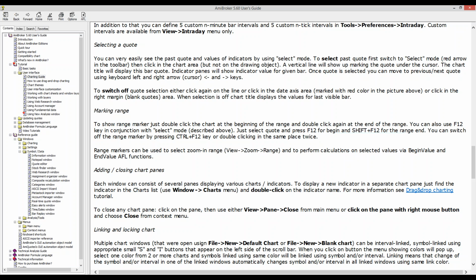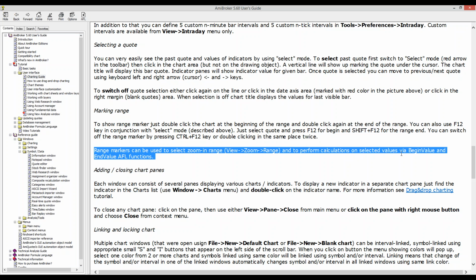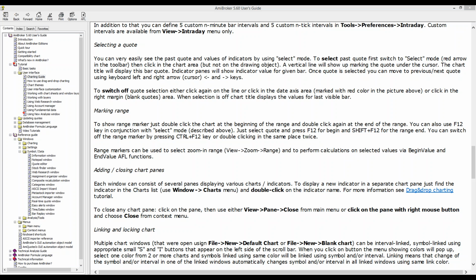Range markers can be used to select zoom in range, view zoom range, and to perform calculations on selected values via begin value and end value and AFL functions. So going back,